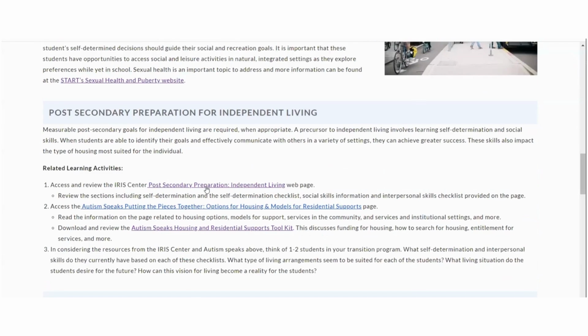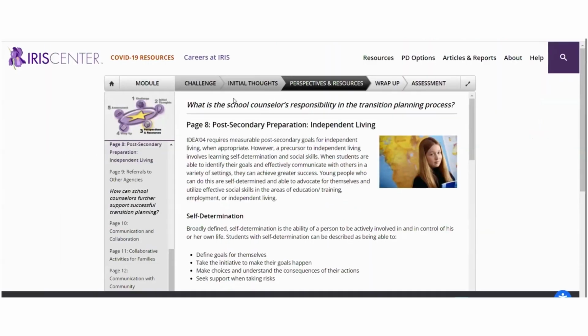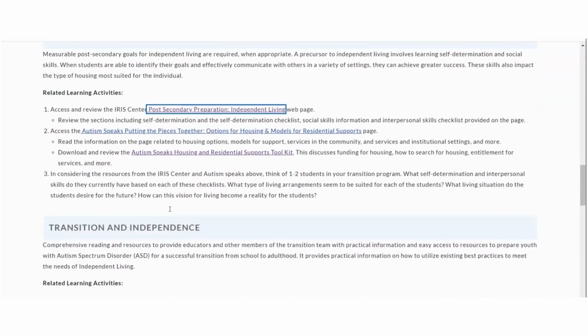This is a secondary transition module on independent living. By selecting this blue underlined title here, it will take you to the correct website to complete this training. It is followed by a toolkit which you can download specifically on housing and residential supports. The second learning activity